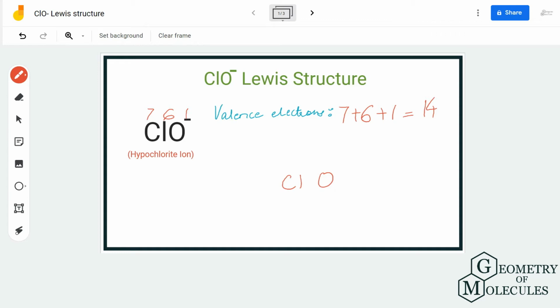Now we are going to place chlorine and oxygen atom next to each other like this. To show a bond, we are going to place a pair of electrons between chlorine and oxygen atom. So now we are left with 12 more valence electrons, and we will try to complete octets of both these